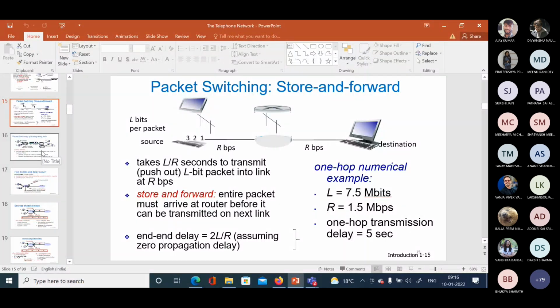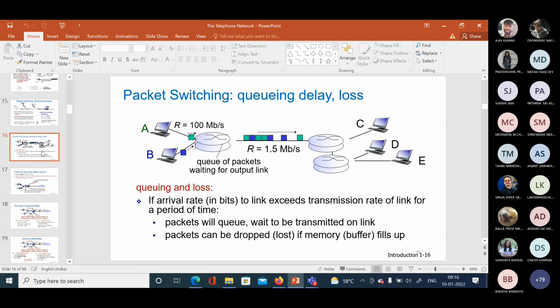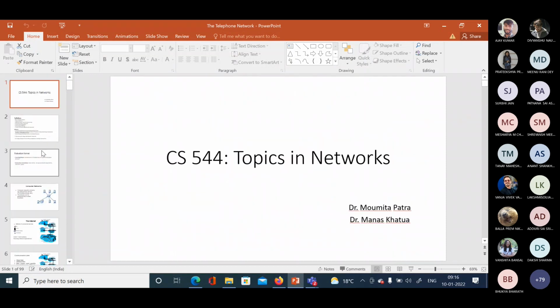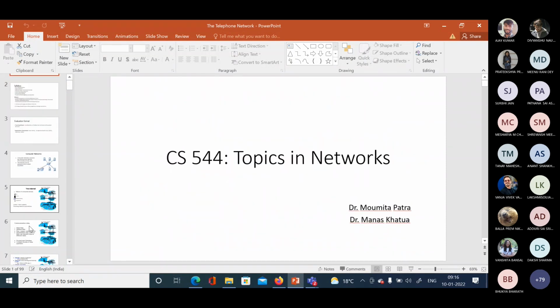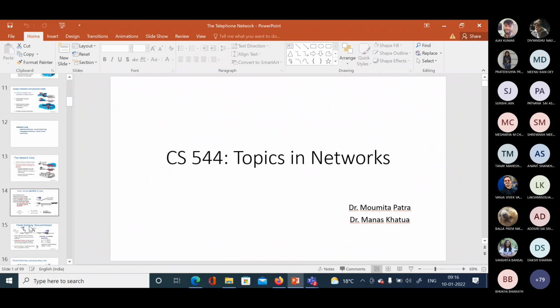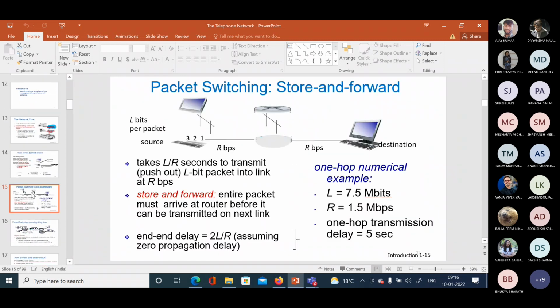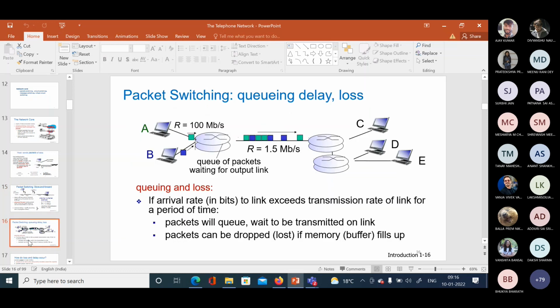Now one more important point for packet switching is that we are sending data in packets, and there is no reservation of resources.